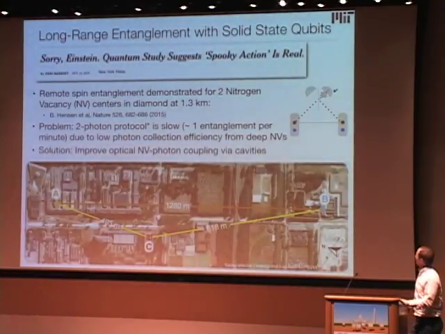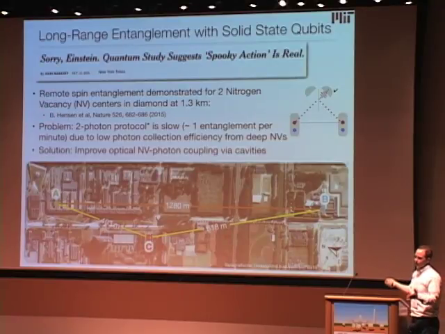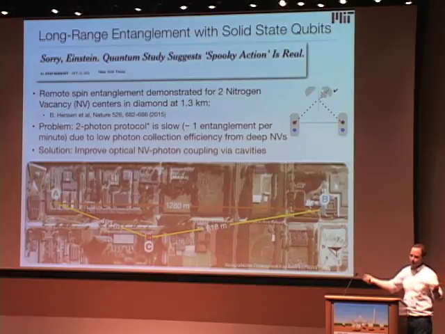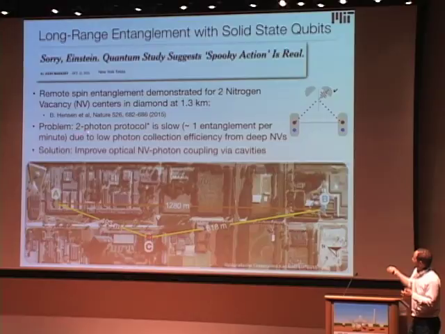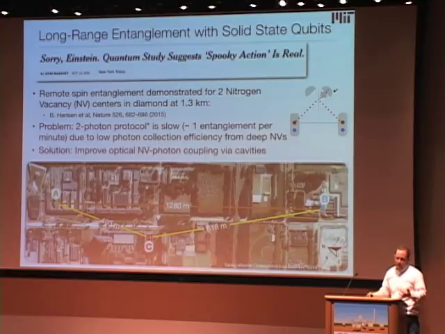And here's a really nice work from the group of Ronald Hanson at Delft that showed actually sort of a half repeater. They showed the entanglement of 2 electron spins over 1.3 kilometer distance. That together with efficient swap gates could maybe realize one of these repeater networks, but the problem is that at present the 2-photon protocol is still quite slow. It takes maybe hours or days or so to produce entanglement between electron spins over this distance.